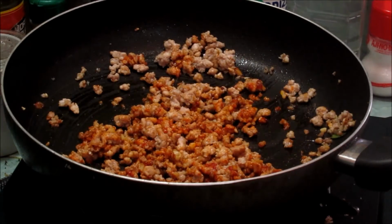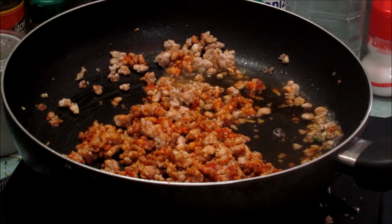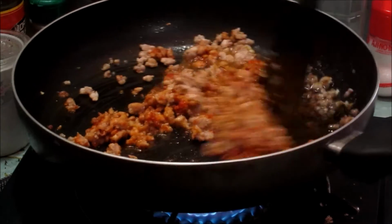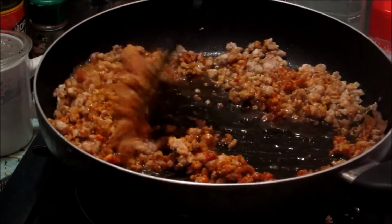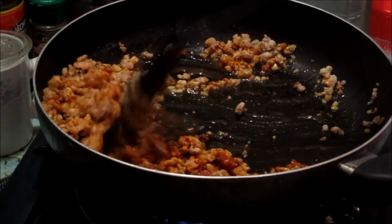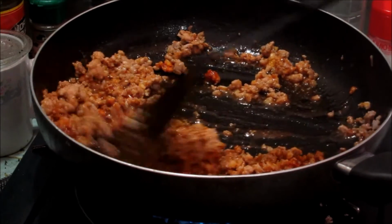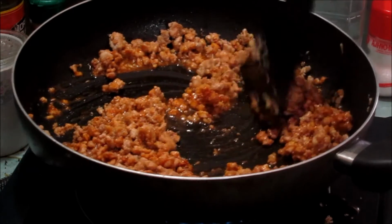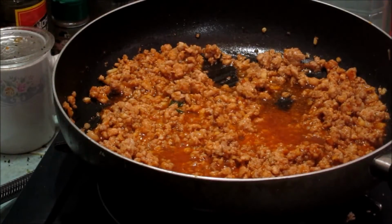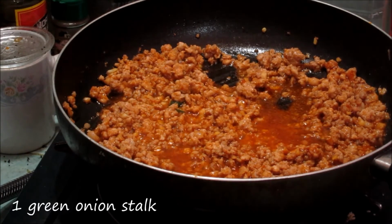And you'll notice as I add the water, the sauce becomes very thick, and part of the water is absorbed by the pork, so it becomes a very thick sauce. So I'll add a little more water when I think that it's getting a bit too dry. So I lowered the heat to low so that it wouldn't evaporate quickly. So just mix it and distribute it evenly. And then next we add some of the green onion slices,